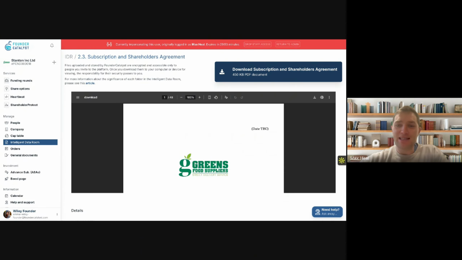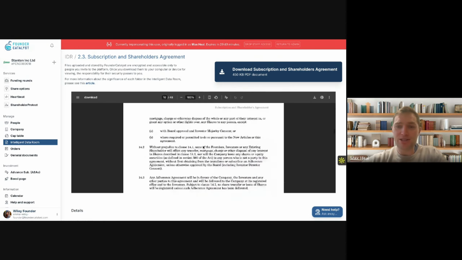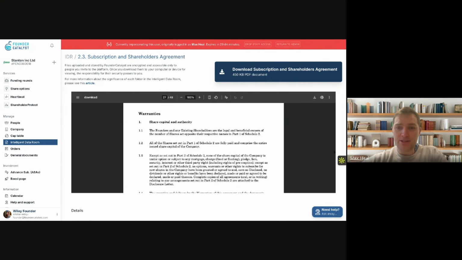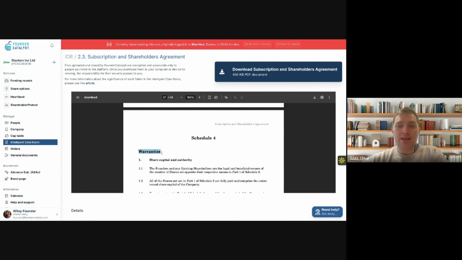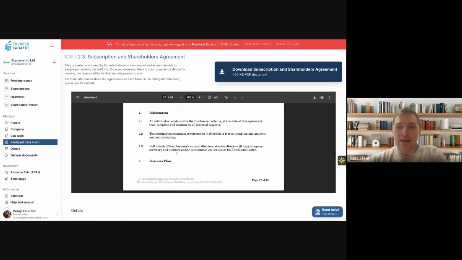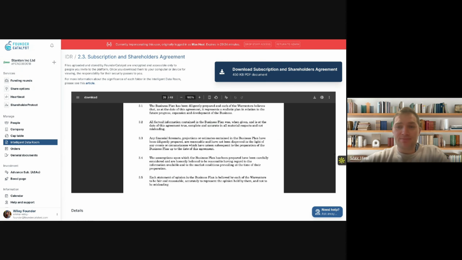read through it in detail, but just for speed, I'm going to fly down to Schedule 4 here, which is the warranty section. So these are all the statements of fact that you need to read through, and you can see there's lots and lots here. But it doesn't matter. Let's just say that 3.3, I need to make a disclosure against. This is not